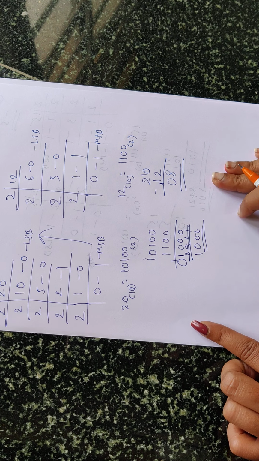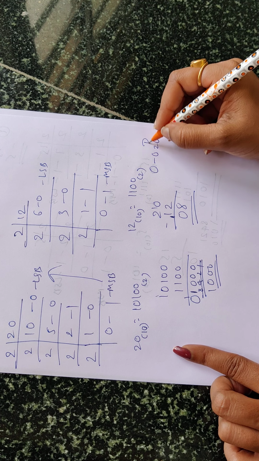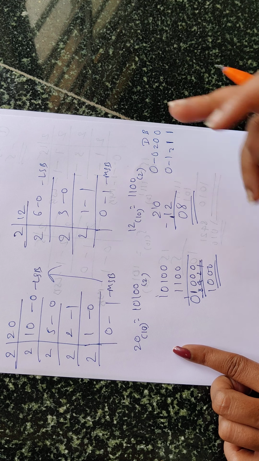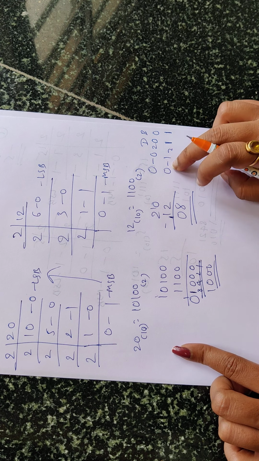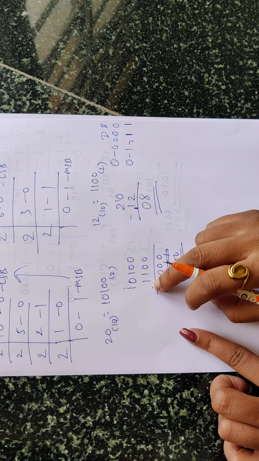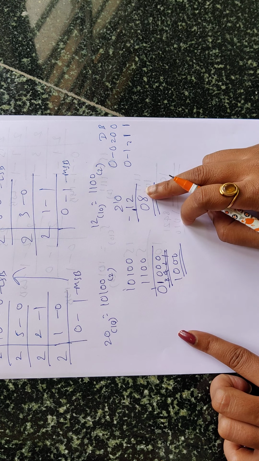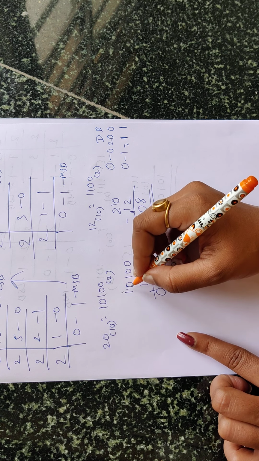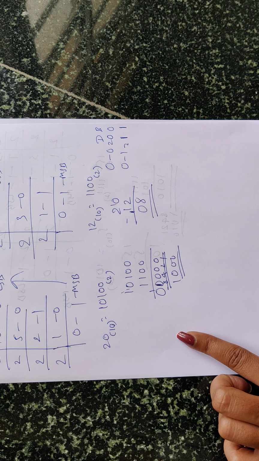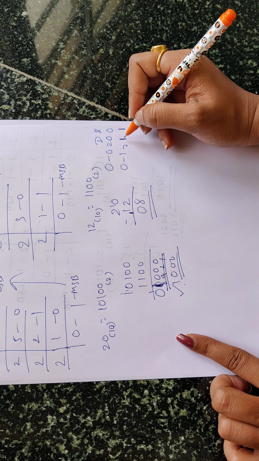It's correct. Done. Now you may have a question: when I gave you the table, 0 minus 0 is 0, your difference, and the borrow is 0. 0 minus 1, I told you the borrow is 1 but the difference is also 1. You may be confused that when the borrow is 1, we got 1 here. So 1 minus 1 difference, why is it not 0? If I had written 0 here, then my answer would be 0, but actually I want 8 as the answer. So if I take a borrow and then say 1 minus 1 is 0, your answer will be 0. To get the correct answer, we must get the difference as 1